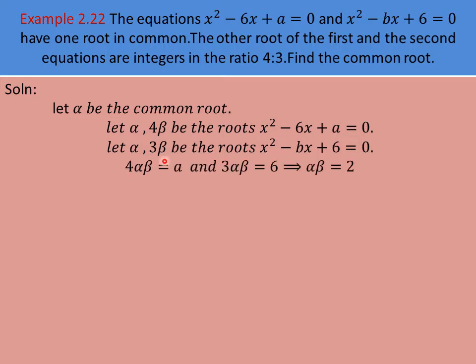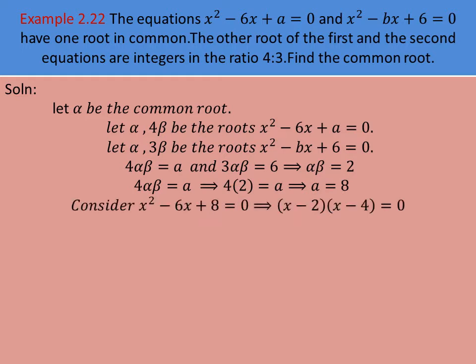Now you can find the product of the roots. So alpha into 4 beta means 4 alpha beta. For the product of the roots, the formula is C by A. So you'll get a by 1. It is a. Then for the second equation also you have to find the product of the roots. It is 3 alpha beta. It is equal to C by A. So 6. On both sides you can cancel 3. So you'll get alpha beta is equal to 2. Now you can replace that 2 in this equation. Okay, 4 into, instead of alpha beta you replace this 2. So 4 into 2 equal to 8, that is a equal to 8.